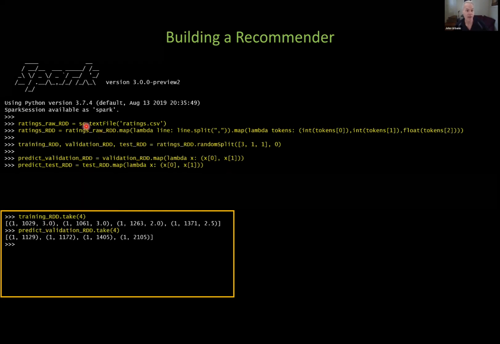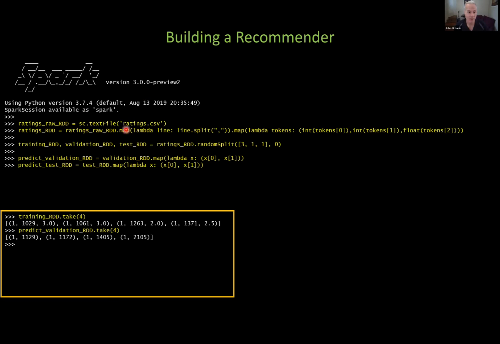But the way I've divided things up here is, after I finally got the data into the right format like this, I want to divide it into 3 pieces. So I have my training data, my validation data, my test data. And so I can use a nice random split routine built into Spark. It has all of these features that you would expect to utilize in machine learning at your fingertips, of course, for your convenience. So random split's one of those.